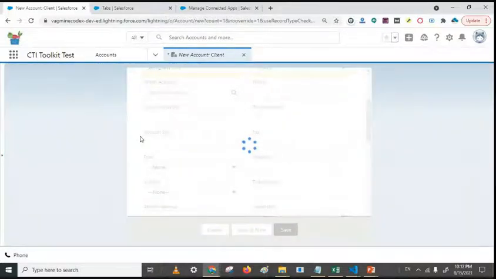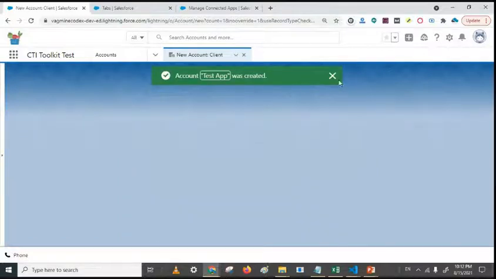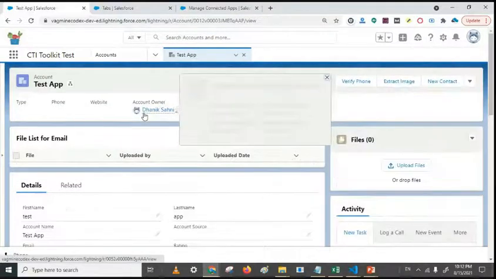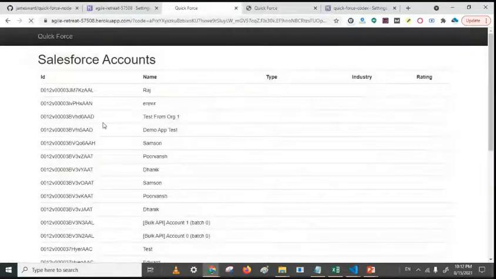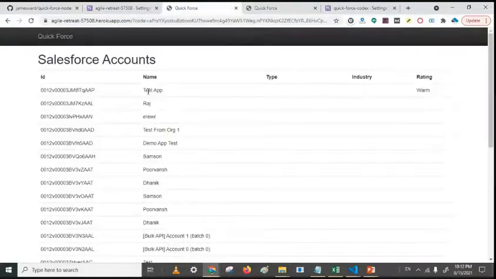So we have created a new account. Let's see whether this account is showing in our Heroku application or not. So you can see this is the application. Let us run this. And now you can see this Test app record which we created as an account, we are getting that in our Node.js application.